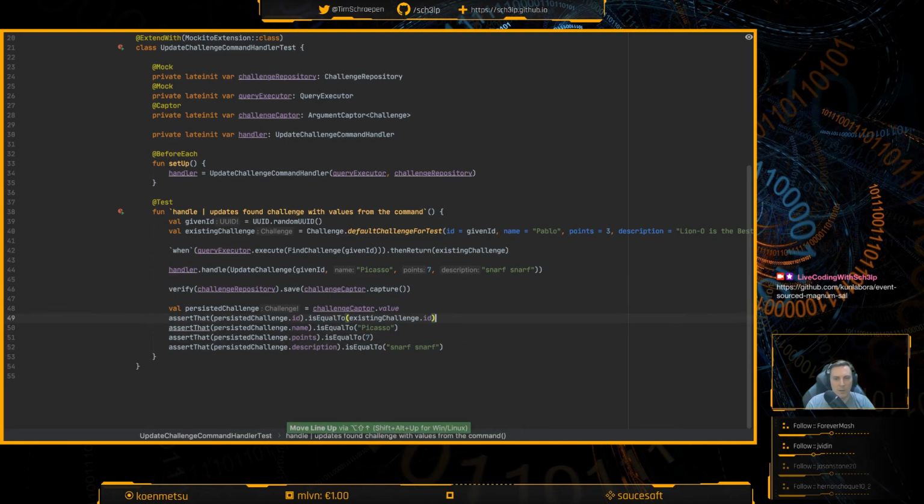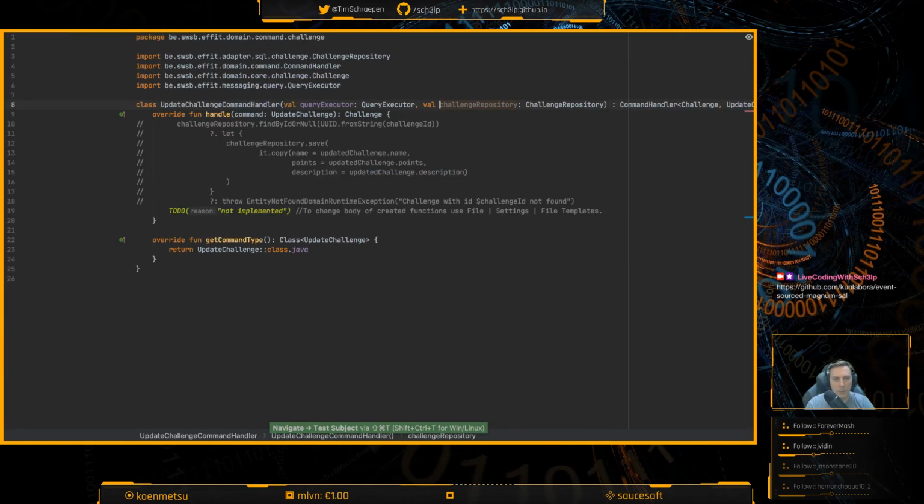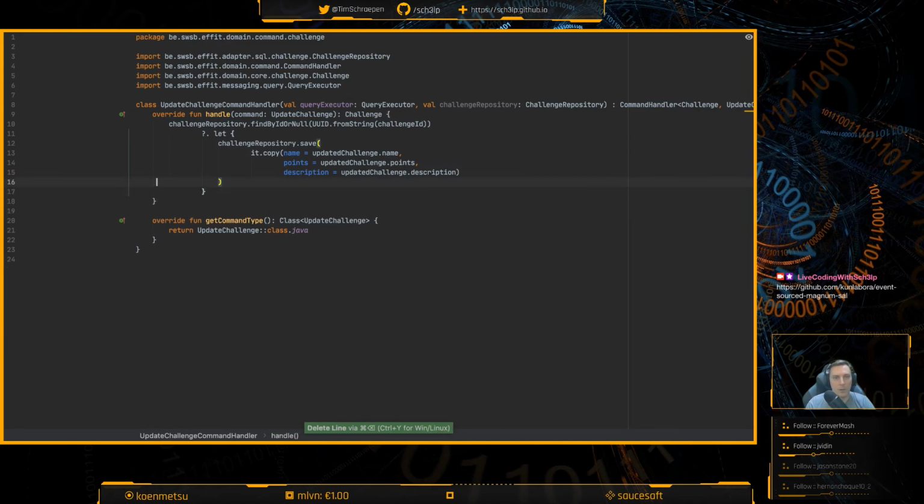Let's verify that the ID should remain the same, and then the rest is different. Okay, then I guess what we can already do is this. This I no longer need.